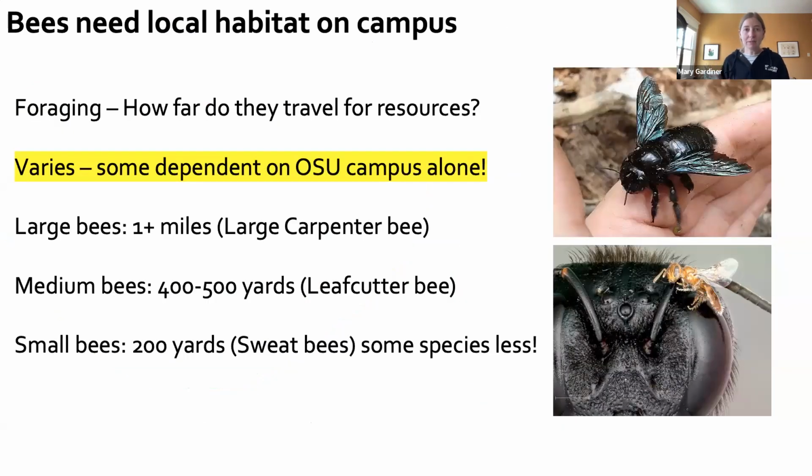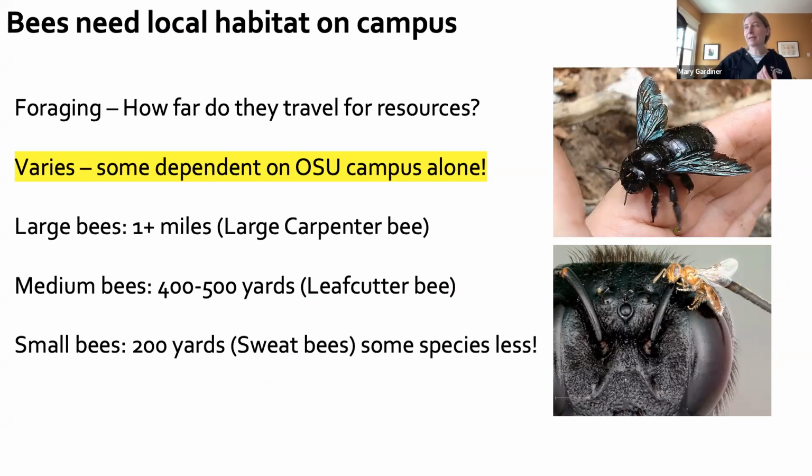And sometimes the amount of habitat that they might have access to has to be really concentrated because these things don't disperse miles. I mean, if you think of the OSU campus, it's pretty big. And there are many bee species whose entire life is spent within an area of that size or smaller. And so when we think about how far bees can travel for resources, many are going to be dependent just on campus or on a very small area.